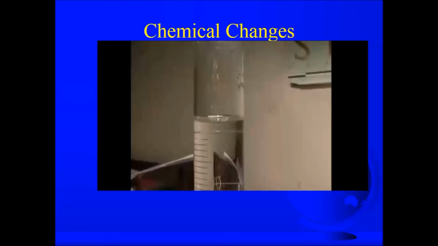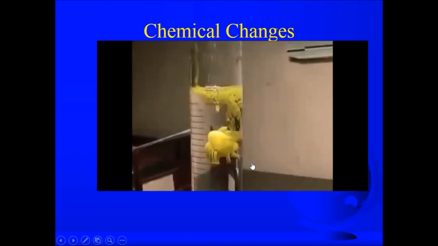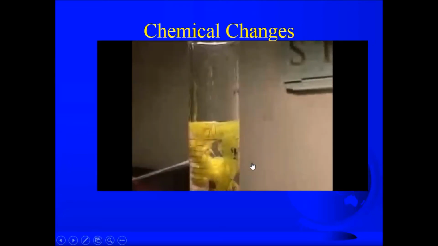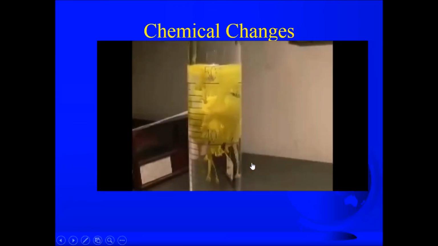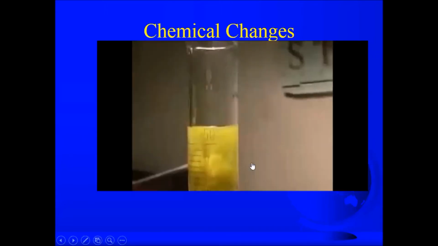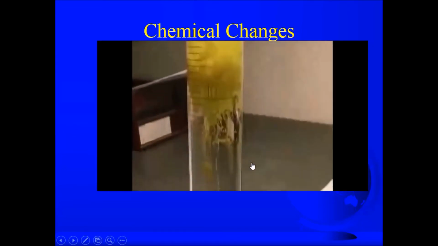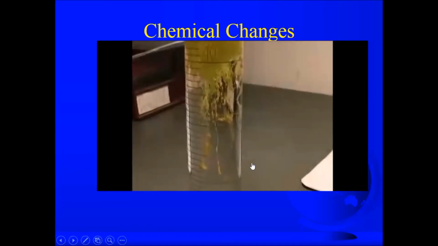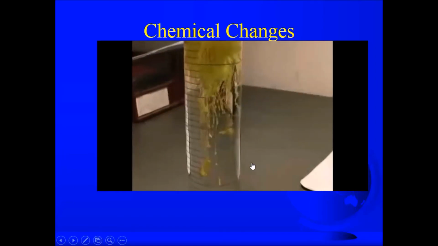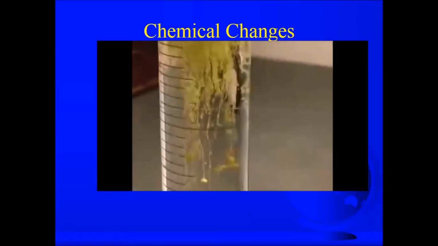All right. How about this one? Two clear liquids are going to be added to each other. Chemical or physical? A brilliant yellow crystal forms. New thing formed. Chemical change. Two clear liquids all of a sudden become yellow. What you would find if you could chemically test the yellow crystal is that it's a different compound. That is a solid. It will settle down on the bottom as a crystal.